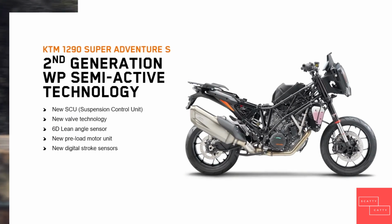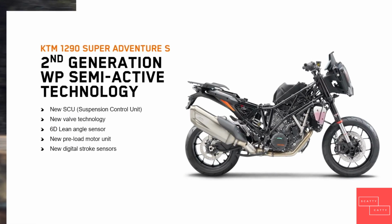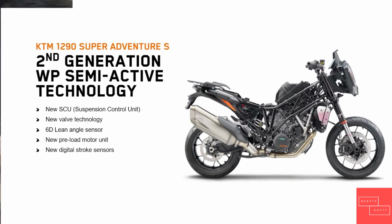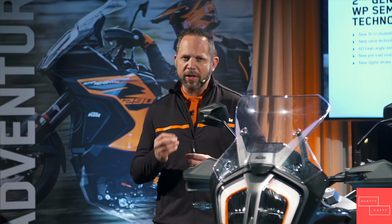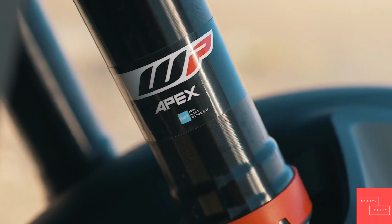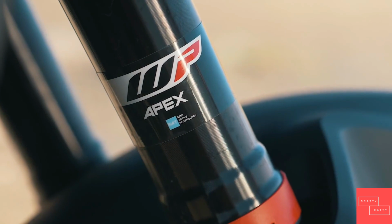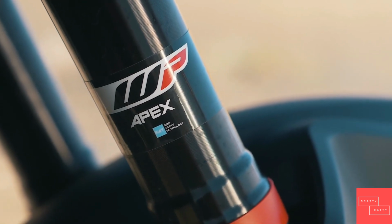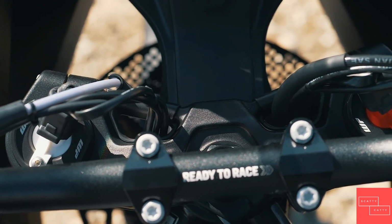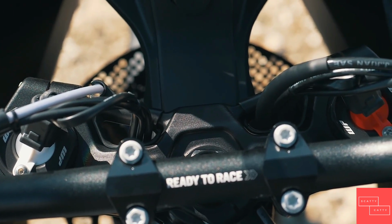Then came the GT, the 2nd generation of Super Adventure S. And we've worked on developing the semi-active suspension every time. Also during the model years, we've always been fine-tuning it, the software, the hardware, until it got really good. And with this one we said, okay, let's take everything that we've learned and build it into a new package. And one of the key components here is the new valve technology that we use in the fork and the